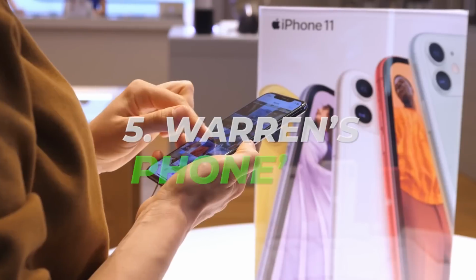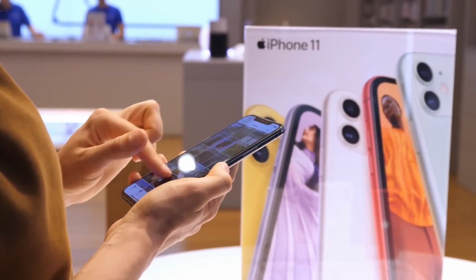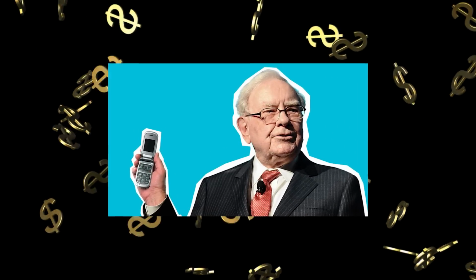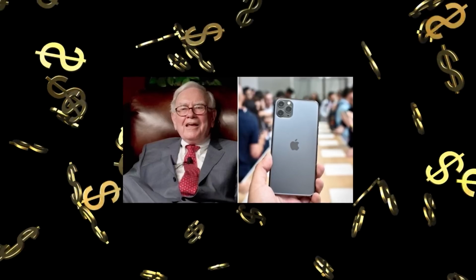Number 5. Warren's phone. Buffett already has an iPhone, so he probably won't spend a lot of money on the newest model. In a February 2020 CNBC Squawk Box interview, the billionaire acknowledged receiving numerous iPhones, including one from Tim Cook. He claimed that the Nokia flip phone, which he had kept for many years, was no longer in use and that he was now having to use the most recent iPhone model, which was an iPhone 11 at the